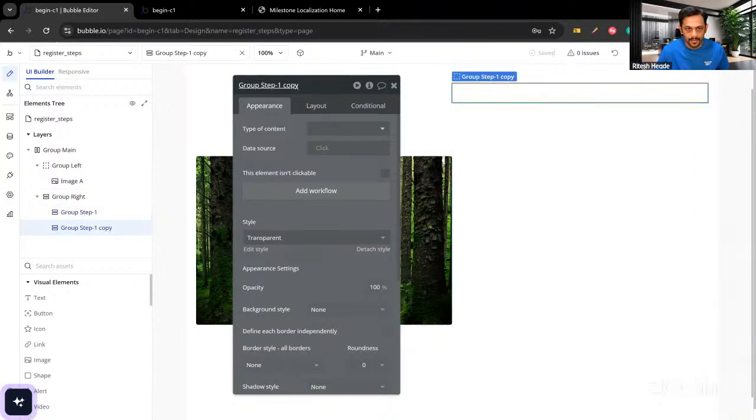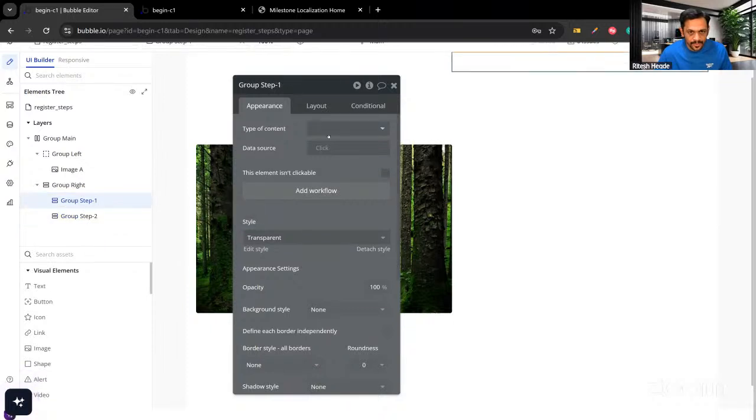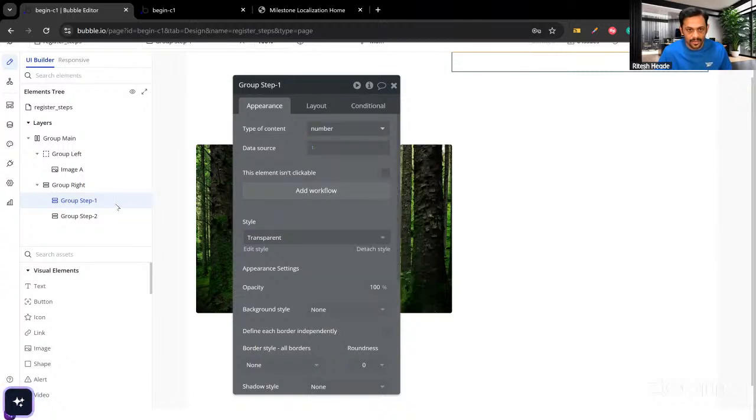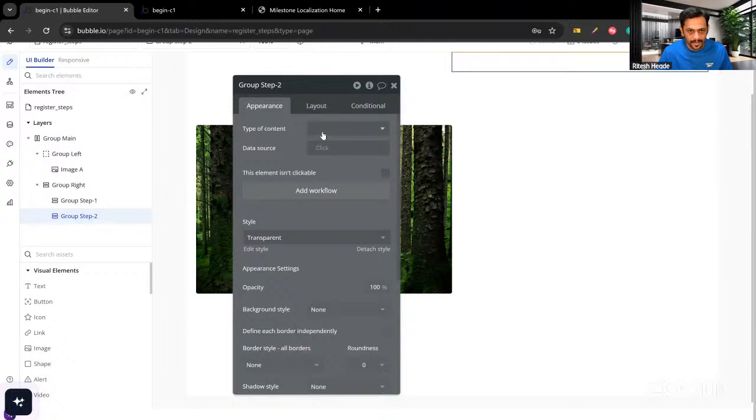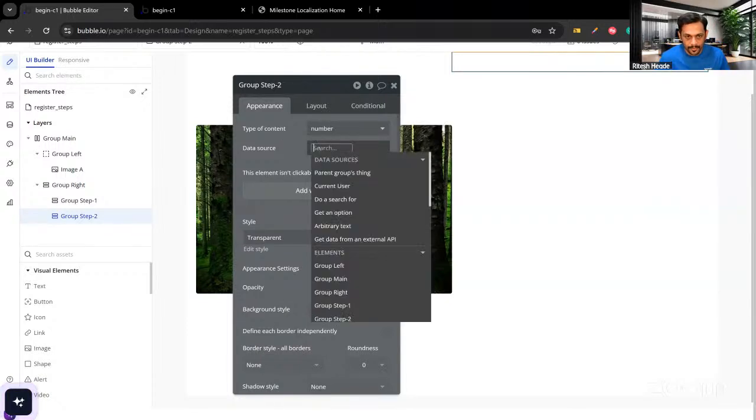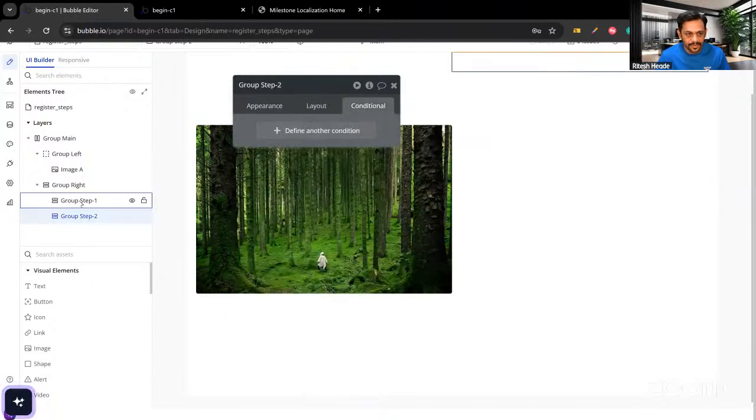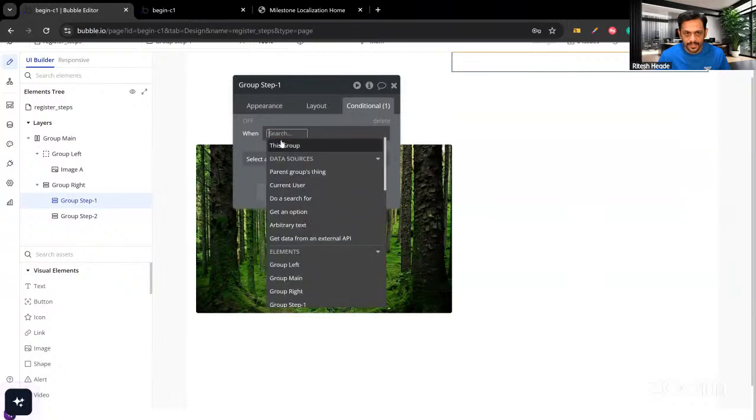This can be step 2, and so on. So forth. Okay. Now, one of the things that we can do is we can just go and make these groups as numbers. This can be made as 1. This can be made as number 2, right? And in the condition, we can go and put the condition saying